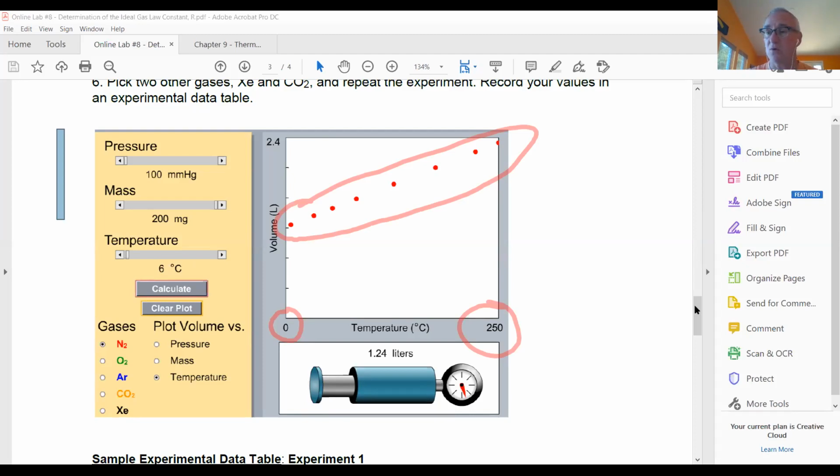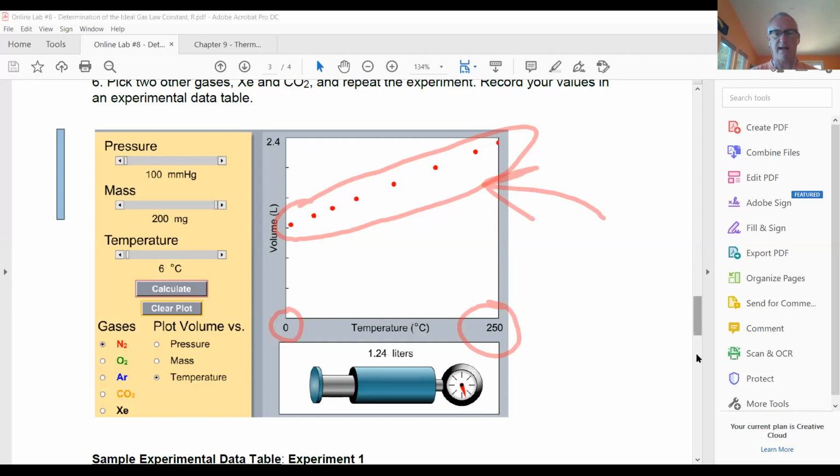That's the whole experiment. So you're going to do it for nitrogen, oxygen, or argon, and then you're going to do it for carbon dioxide and xenon last. So 3 different gases. You can pick different pressures, and you can pick different masses. In fact, I recommend doing different pressures and different masses, and get your data, and we're going to put them all in